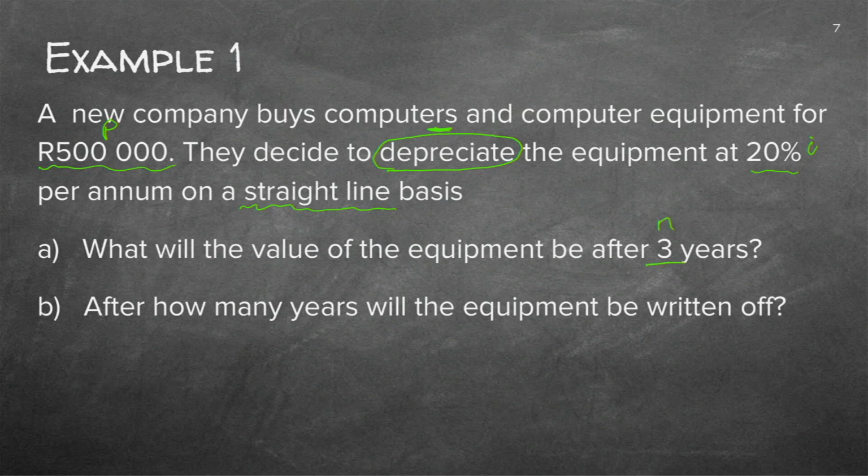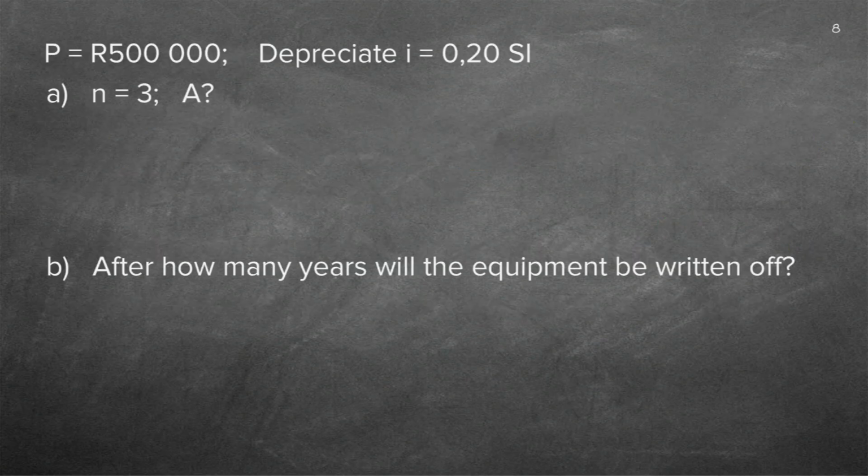So there's my N. Let's just check. There's my P, there's my I, there's my N. So what are they asking me? What will the value of the equipment be after 3 years? After means at the end. So what are they asking me? The A. That is at the end. So let's go where we've got space. There's everything summarized. Because it's depreciation